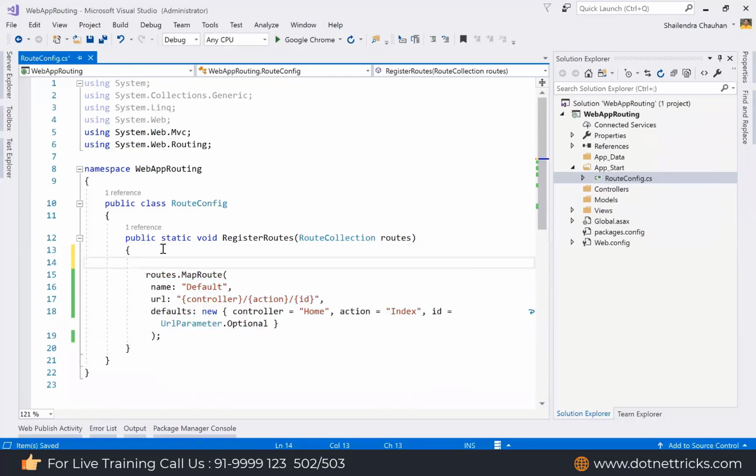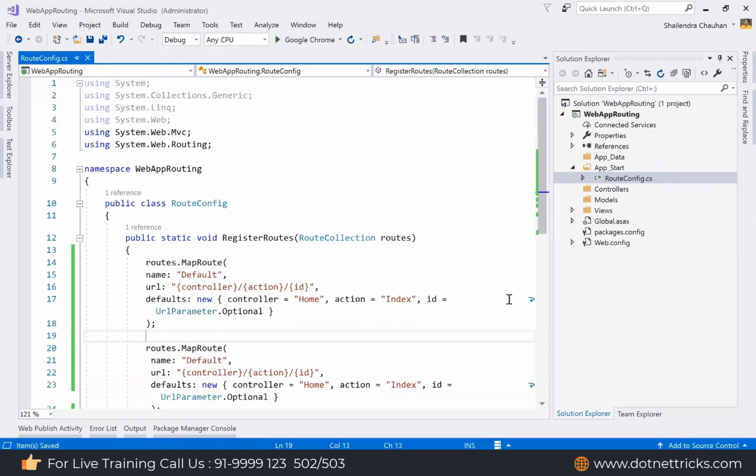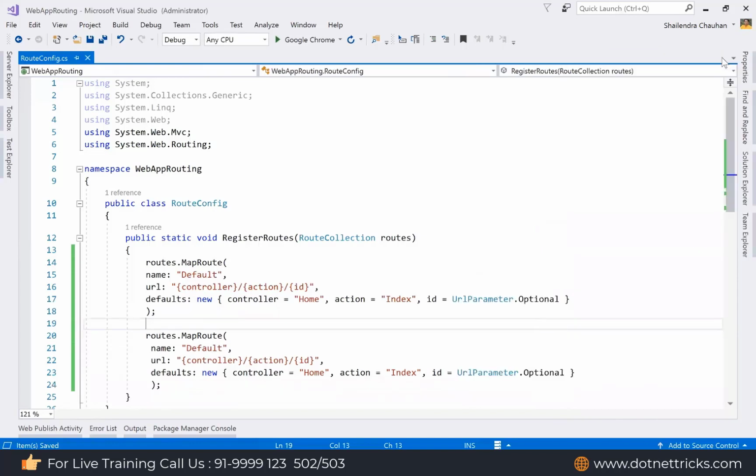I know guys, every time you define routes, make sure you define your more specific routes at the top. The sequence of routes is just like the sequence of catch blocks corresponding to a try block. In the case of catch blocks, we always put the more specific catch block at the top, and the generalized catch block at the bottom. The same thing you have to follow here.